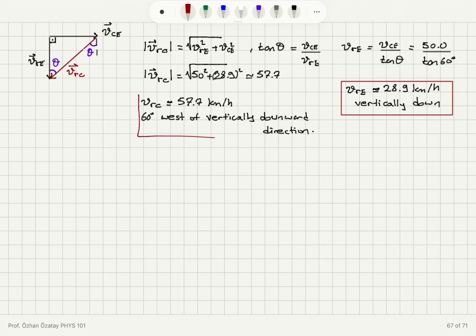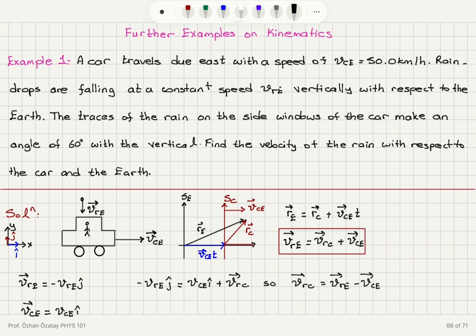So this is what we report for the velocity of the raindrop with respect to the car. Okay, so we have a car that is traveling due east with a speed of 50 kilometers per hour, and we have two observers, one in the Earth reference frame. So this is the Earth reference frame observer, and this is the car reference frame observer, and they are looking